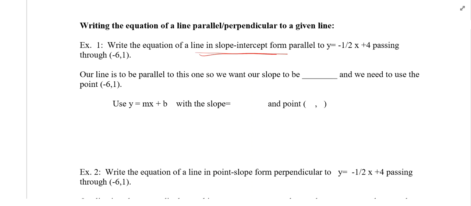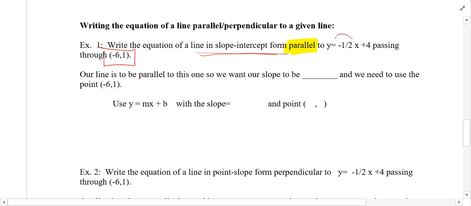We want to look at it's parallel to y equals -1/2 x plus 4. And then they give us a point it passes through on the new line. So our line is to be parallel, so that means what about our slope? So if this is the slope in the original one and we want it to be parallel, what do we know? The new line would also have the same slope. So the new slope is also going to be -1/2. And then we're going to use that point that they gave us, -6, 1,